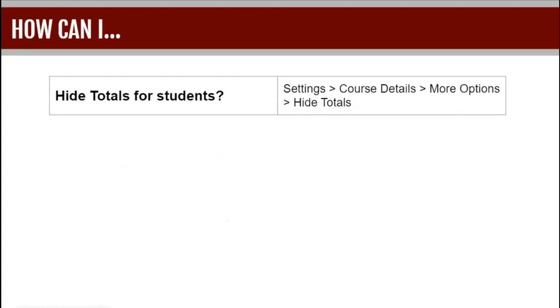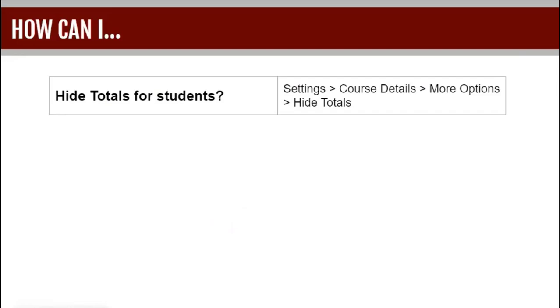And a really important question is, if you do not want students to view the totals for your assignment groups, how can you hide that? That is within the settings, course details, on the settings menu on the course navigation menu.